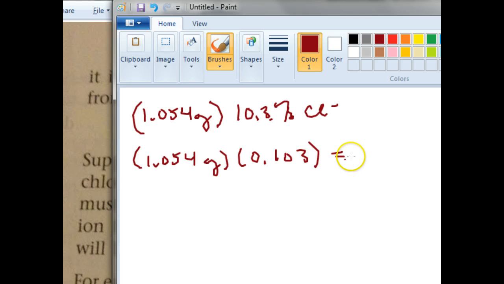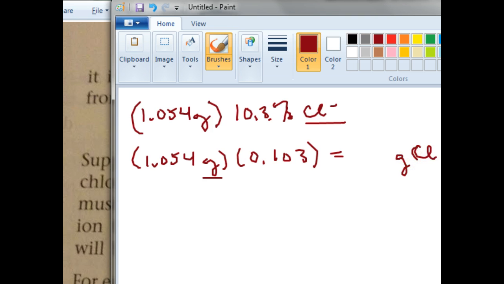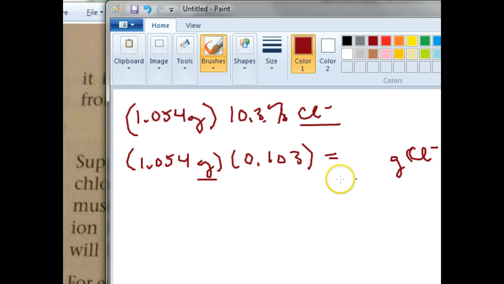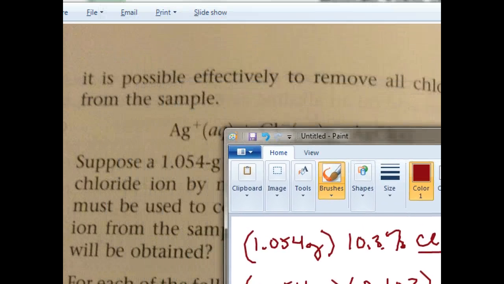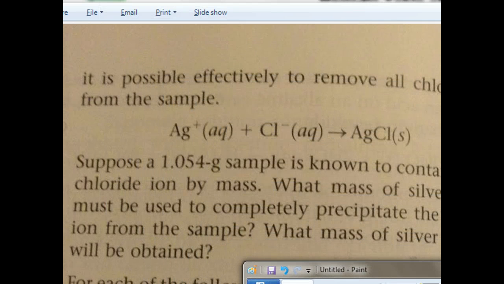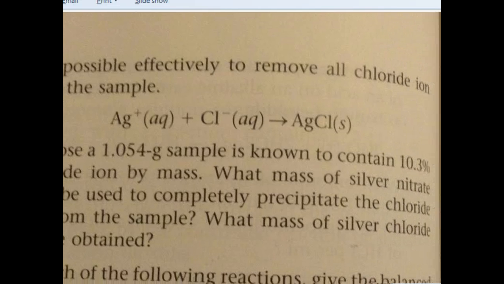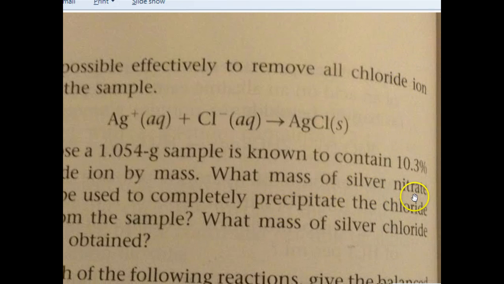0.103 equals, now there's only one unit here, that's grams, so the answer is going to be grams of chloride. So that ends up being 0.109, I think, 0.109 grams of chloride ion. So we have some data to work with. So starting with 0.109 grams of chloride, the question is, what mass of silver nitrate